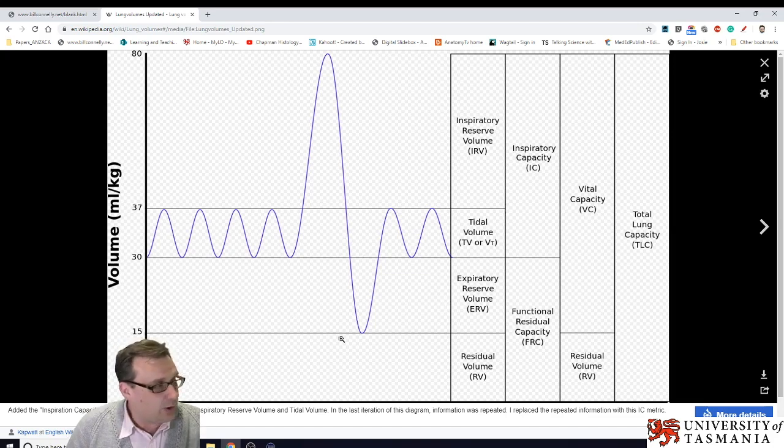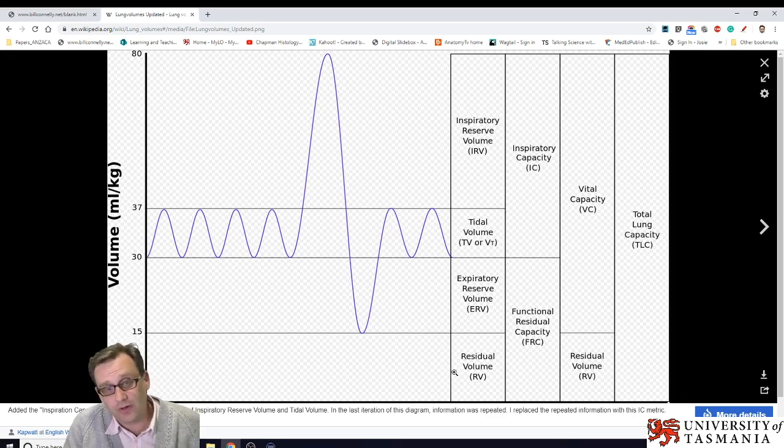Now, something that is on this diagram that you may not necessarily be aware of, and it's certainly not something that you think of normally. We're quite used to taking in a deep breath, and we're quite used to breathing out. And you're used to thinking that we've breathed out and gotten rid of all of the air in our lungs. But it's not actually true. What we have is a little bit of air that is always stuck inside the lung tissue, and that's what we call our residual volume. And I was just talking to Jamie about this earlier. And so what this relates to